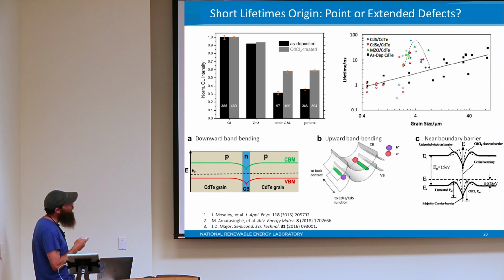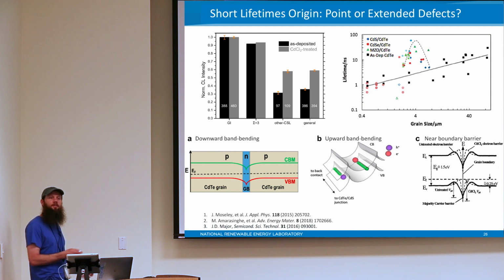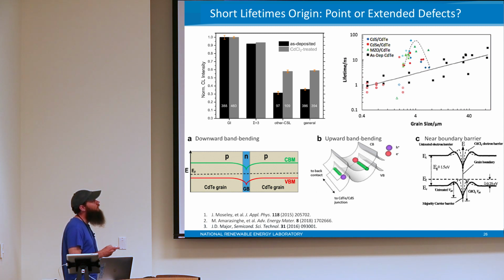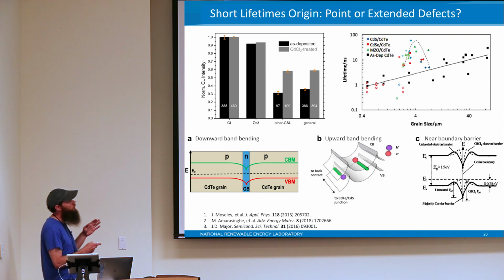When we compared this using cathodoluminescence, the CL, you see the grain interior, which is what you're normalizing everything to. And you see that the sigma 3, which is a fairly shallow one, is a relatively benign fault, but the other types are not necessarily so good, though cadmium chloride seems to passivate them at least somewhat. We also have lifetime data, so this is TRPL data versus grain size, and there are various treatments and